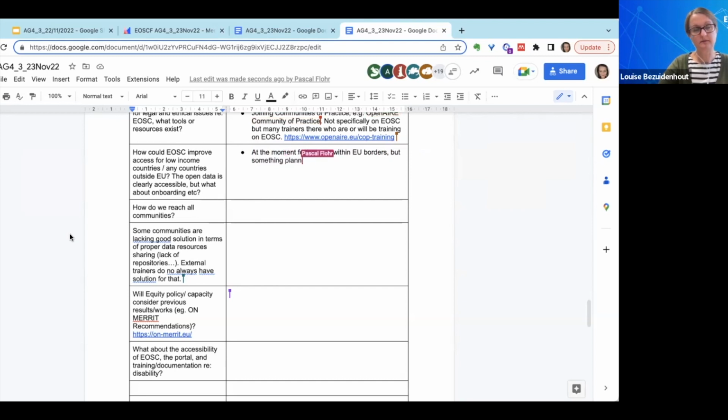a networking relationship set up between the EU and South Africa to help provide examples of good practice and expertise from EOSC to the currently developing South African Open Science Cloud. And I know that EOSC is similarly in discussion with the African Open Science Cloud about how best practices can be shared and